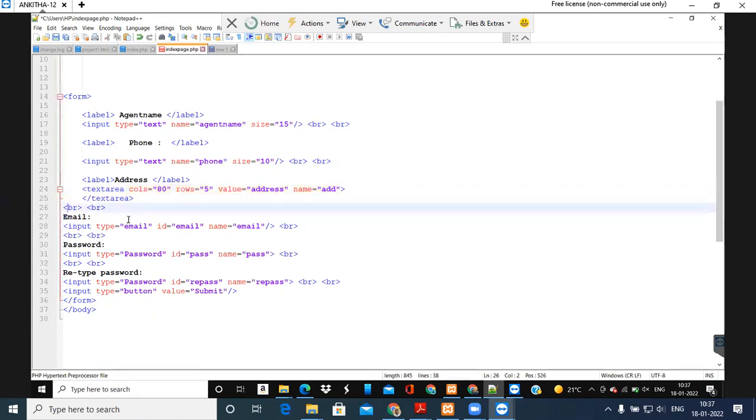And then next you see this one, label for email. Input type email, and then id email, and then name email. This id, if you want, you can give, otherwise you don't.